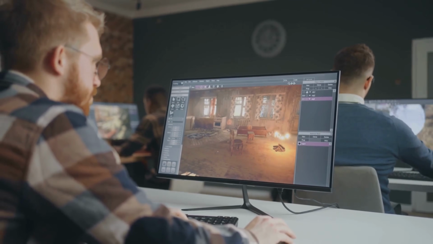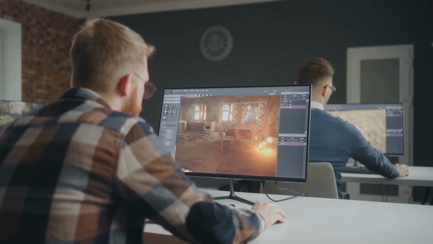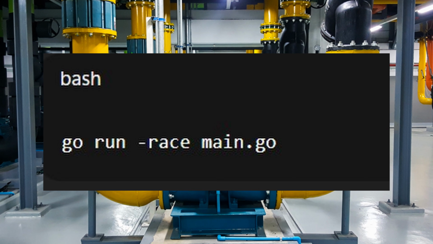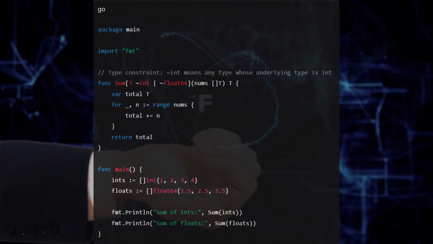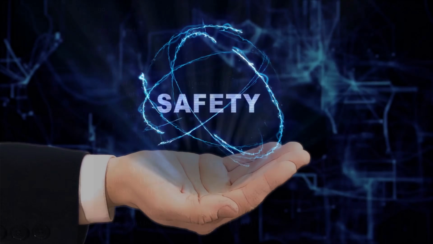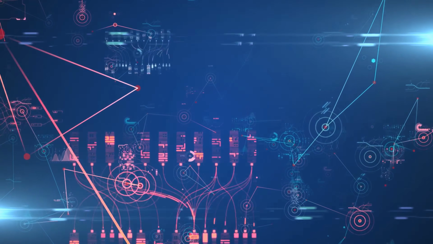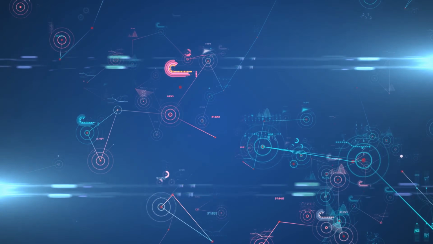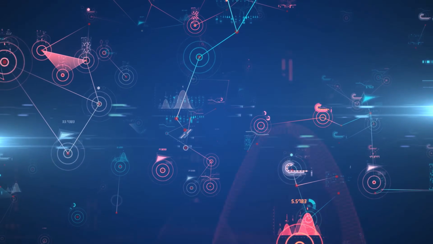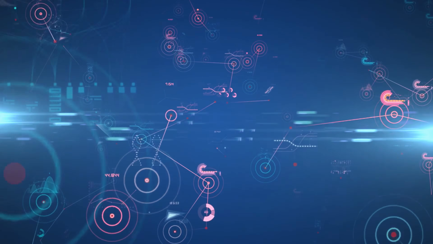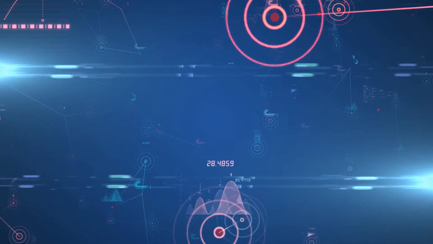Go's tooling remains one of its greatest strengths. gofmt enforces a single style for everyone, and the built-in race detector helps catch concurrency issues before they hit production. And of course, the addition of generics in Go 1.18 gave developers a new level of type safety and code reuse without making the language harder to read. Rust's tools help you write correct code, Go's tools help you write consistent code, and while Rust compile times have improved, Go's near-instant builds and single binary deployments are still a major edge for teams working at cloud scale.